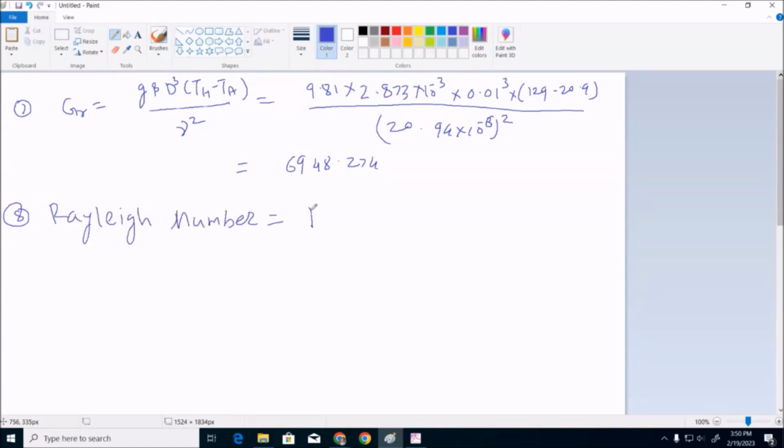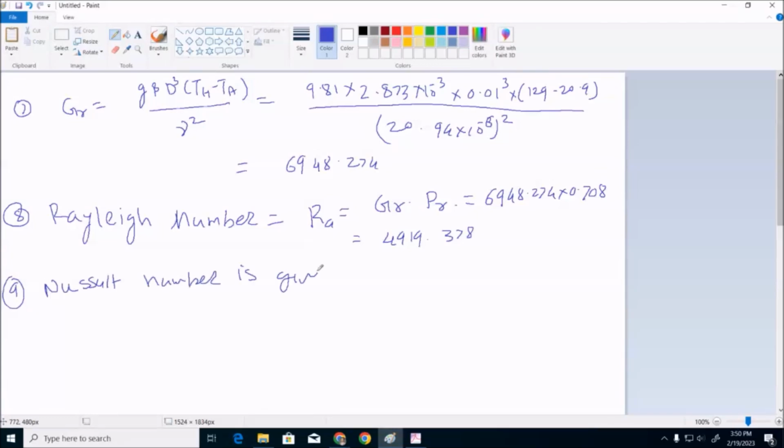Rayleigh number is equal to Ra is equal to Grashof number into Prandtl number, which is 4919.378. Nusselt number is given by the correlation or empirical relation as Nusselt number is equal to C Rayleigh number raised